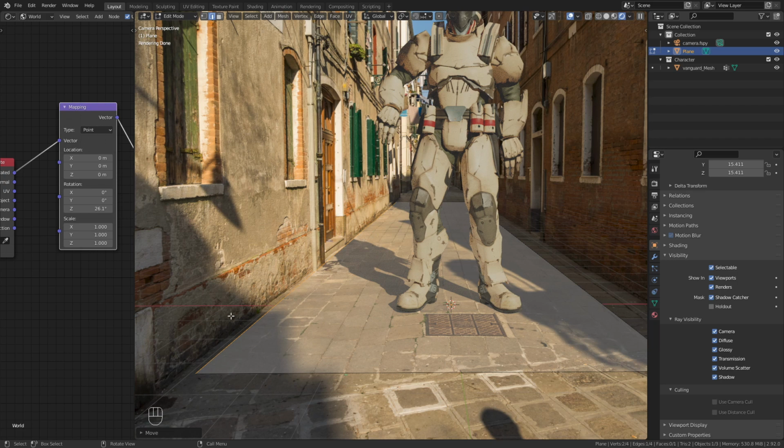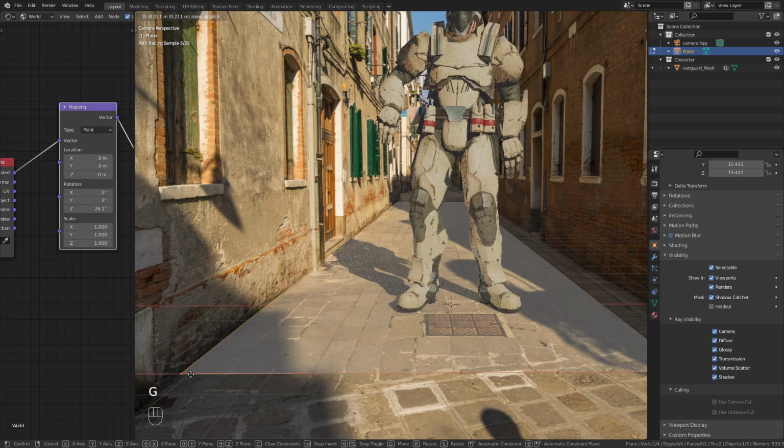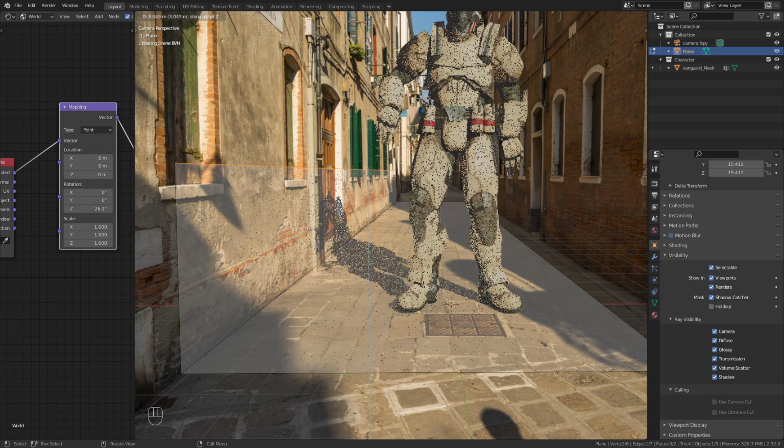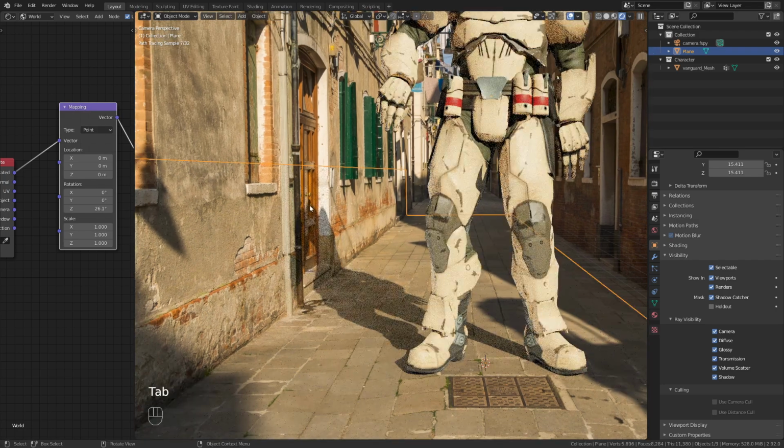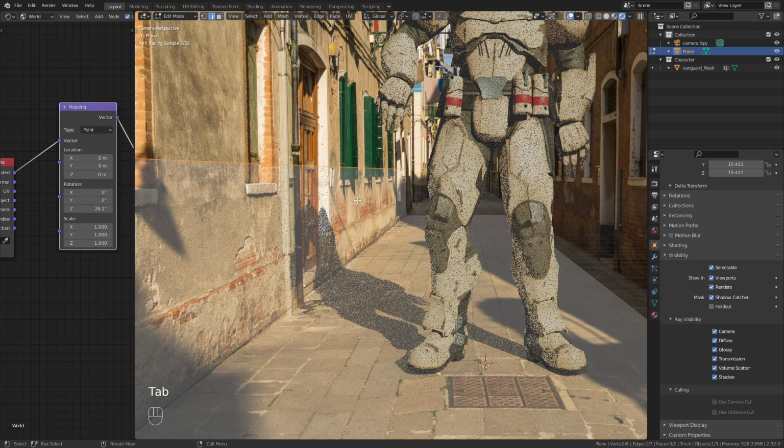This isn't perfectly straight, so let's switch to the vertex mode. Select this vertex, G X. Bring it over here. That's good. Then go back to the edge selection mode. Select this edge. Press E to extrude and Z to constrain it to the Z axis. That's perfect. That already looks better, but the door is still a bit janky, so let's go back into edit